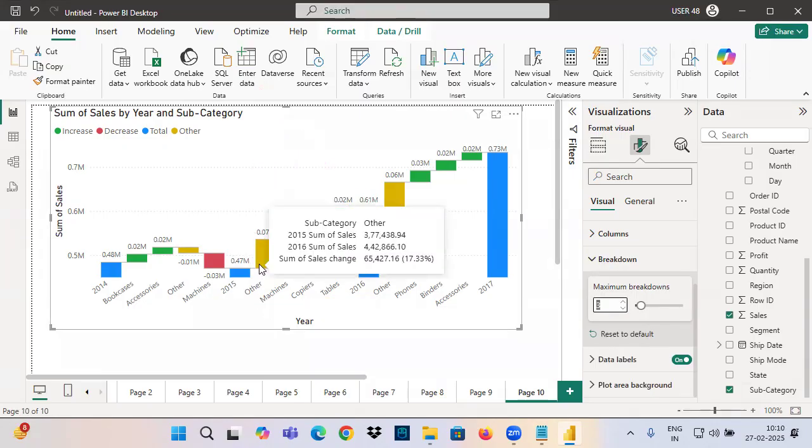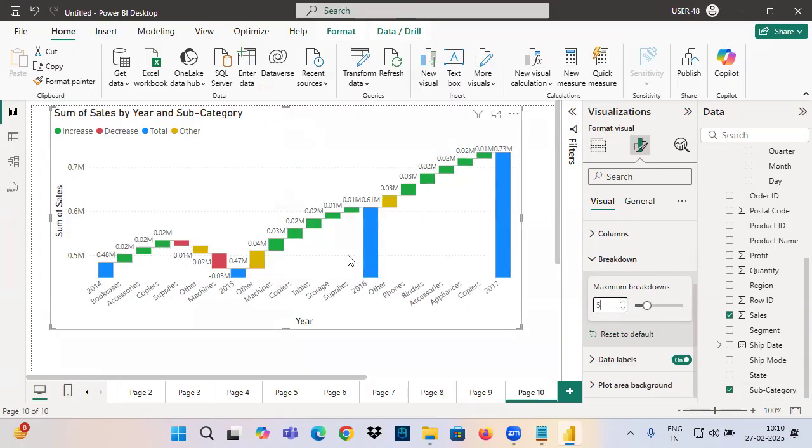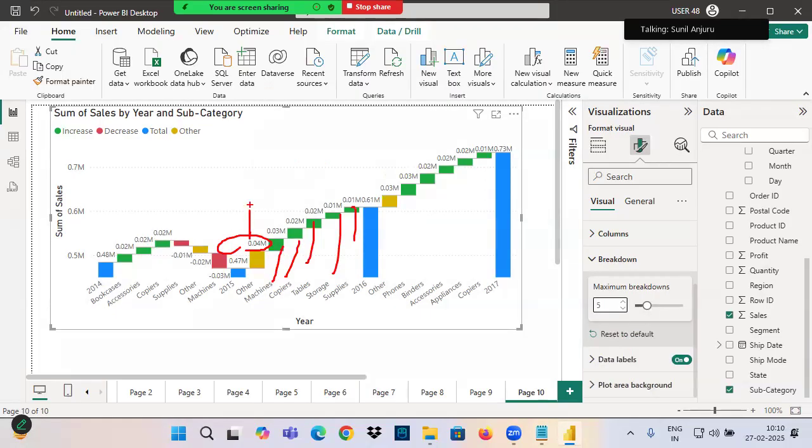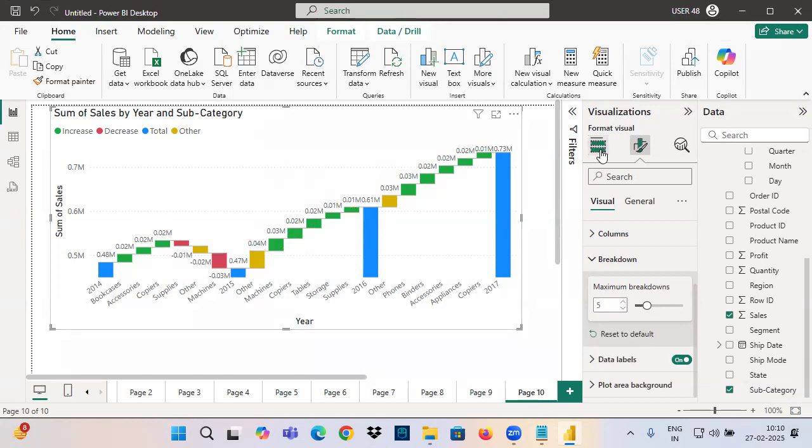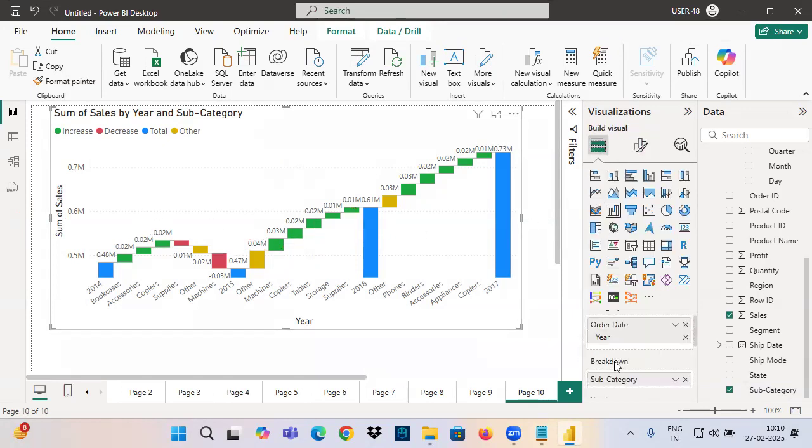This is others case. If you show 5 here, top 5, you can see these are the top 5. And this might be having how many subcategories? Remaining 12. Remaining 12. These are the field wells you have. Category, breakdown, y-axis, tooltip. Simple field wells. And